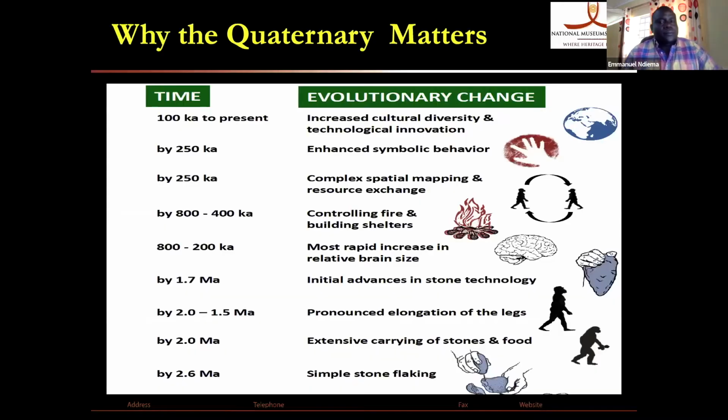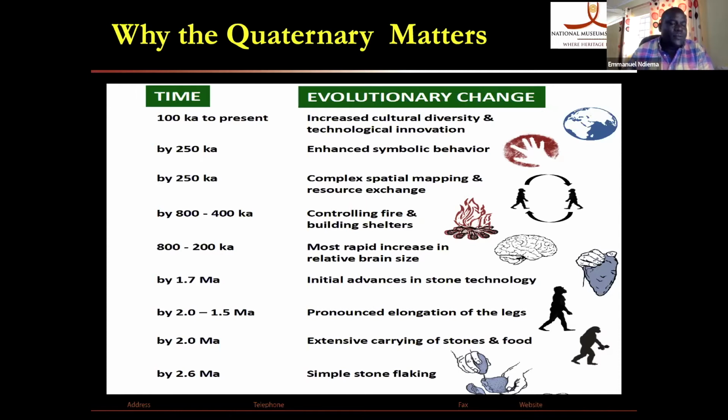So, starting with why the quaternary matters. The quaternary matters because it's within the quaternary that the trajectory to the present day cultural, biological, technological diversity took place. We know that this period had extraordinary changes in global climate, cooling, which culminated in a series of step-like sudden climate changes over the last